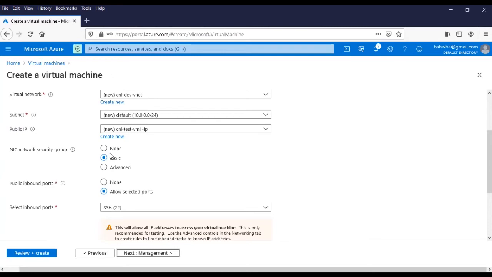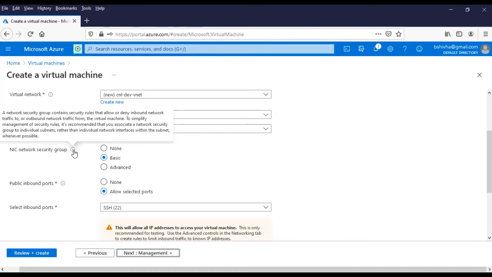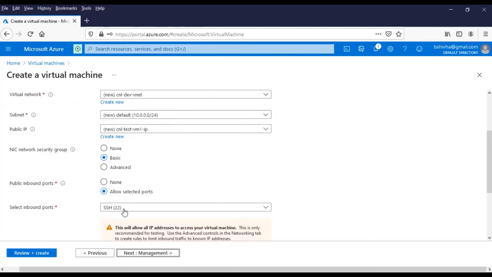For security group, I'm going with basic. A security group means you can control who has to come inside, at the port level and even the source level. We will see it in further sessions. Public inbound ports, I am allocating only port 22 now.